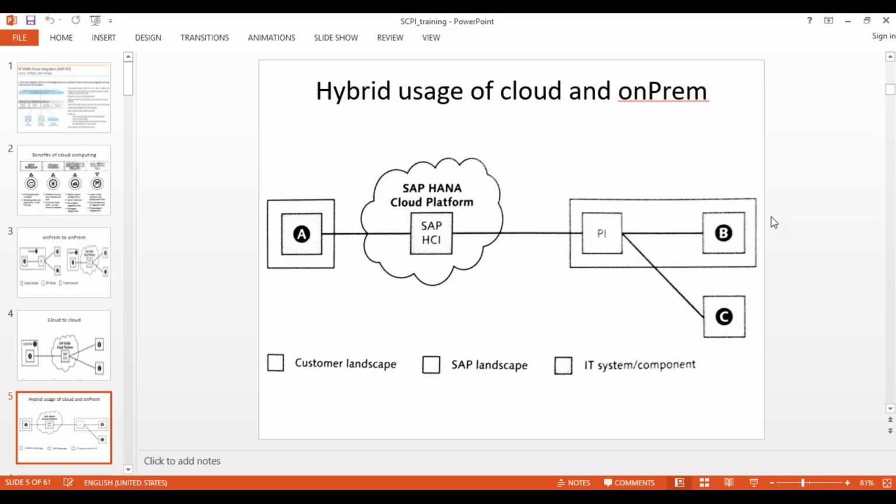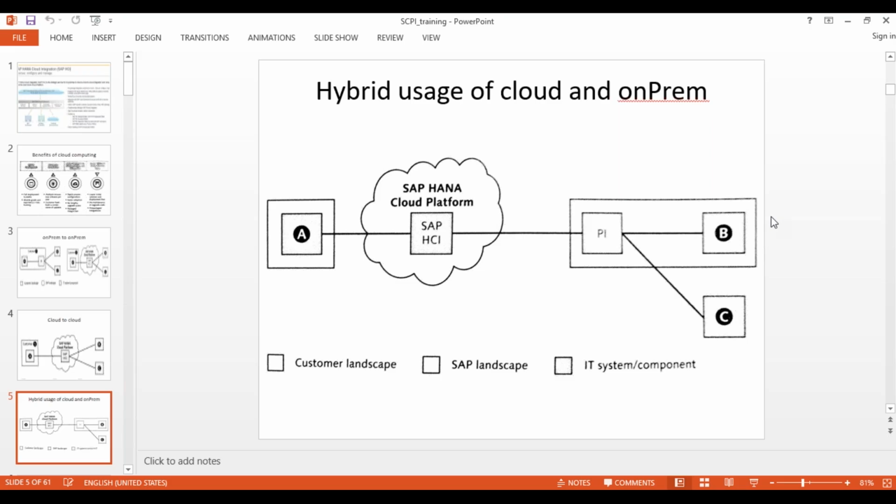So here, everything is the integration content that we will design, configure and deploy in the CPI. By the way, the term you are seeing here, HCI, is the previous name, SAP HANA Cloud Integration. Now, for branding purposes, they renamed it to CPI.